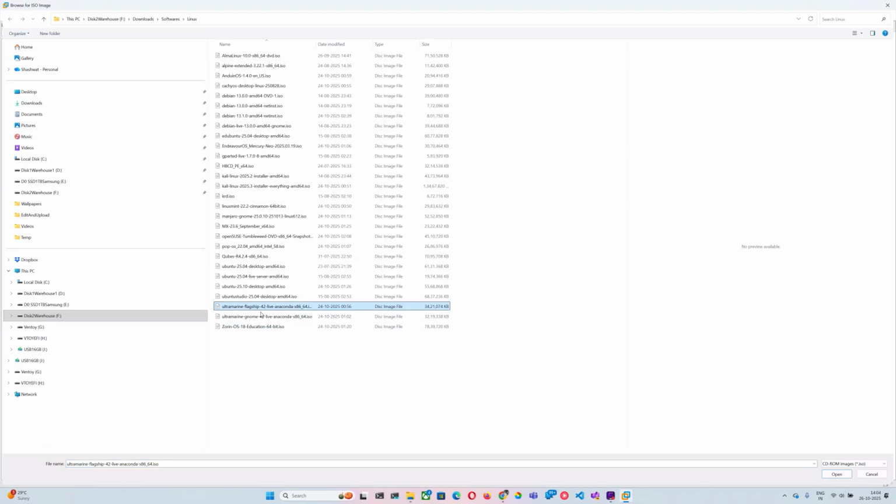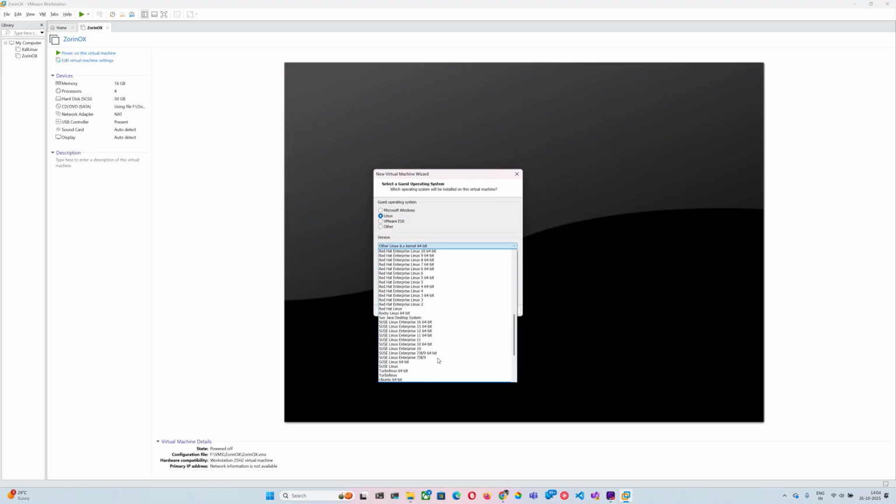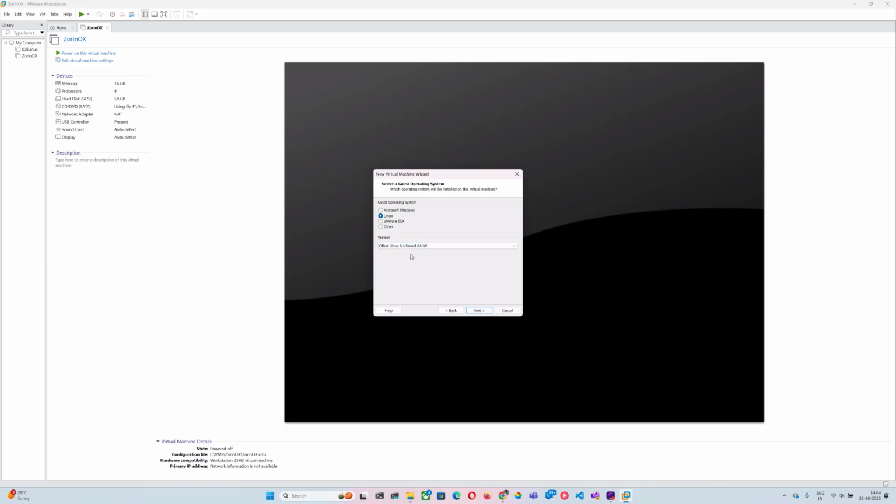There are two versions I had downloaded: Ultramarine flagship and Ultramarine GNOME. I'll install the GNOME one, as I'm very familiar with GNOME. The list does not contain it, so you can always select Other Linux 6.x kernel 64-bit. Next, and here you can give